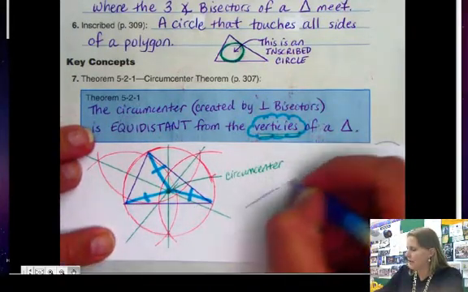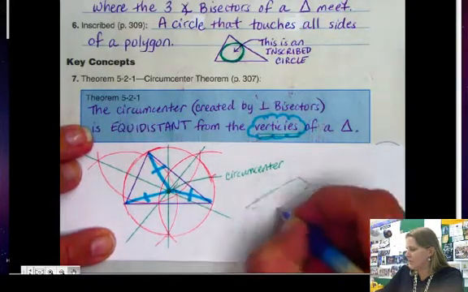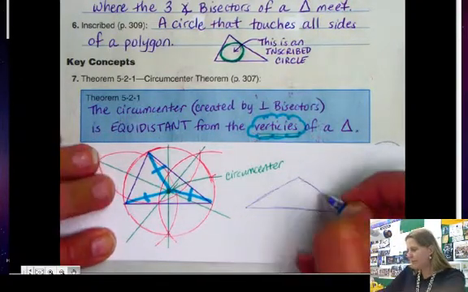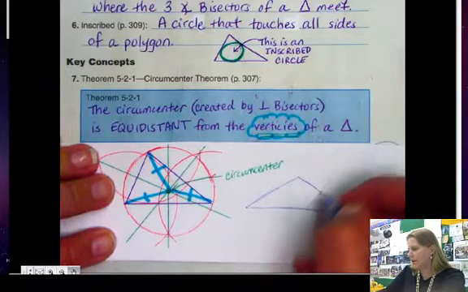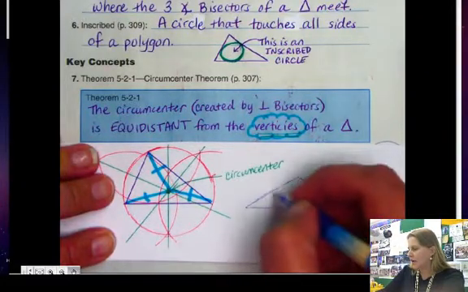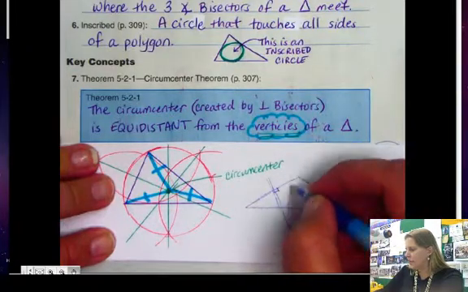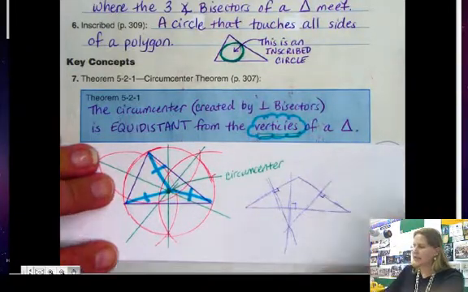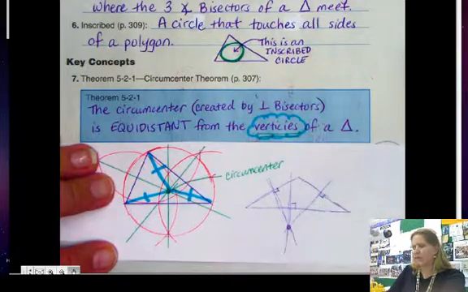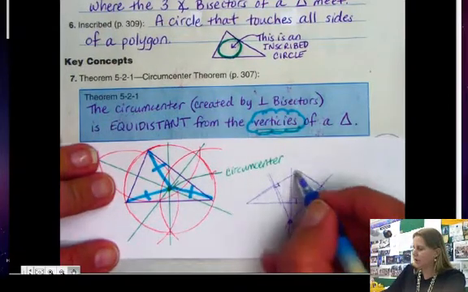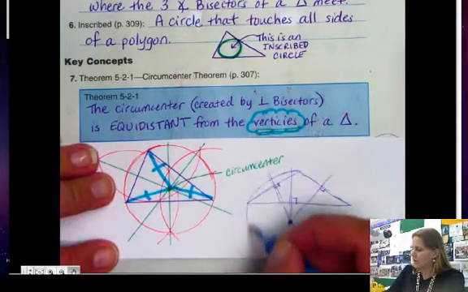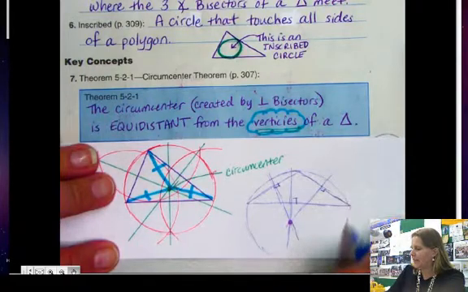obtuse triangle, and I'm not going to construct this, I'm just going to quickly sketch it. And if you were to create the perpendicular bisectors of an obtuse triangle, what you would find is that they would meet outside the triangle. And so your circumscribed circle would be way out here like that, something like that, kind of going off the